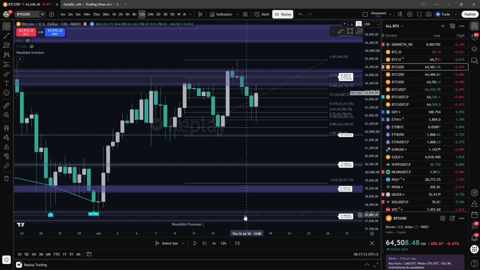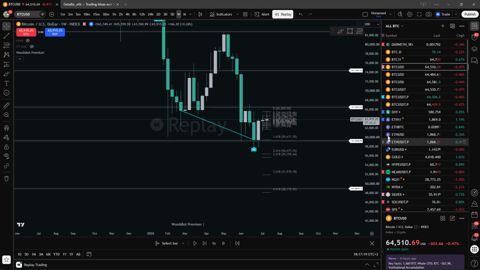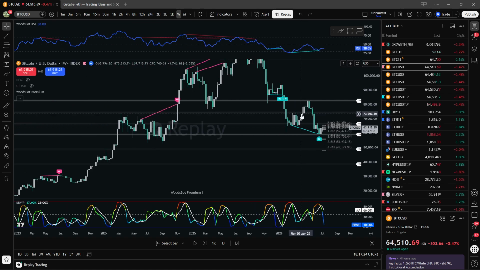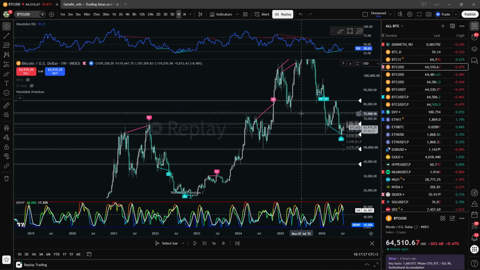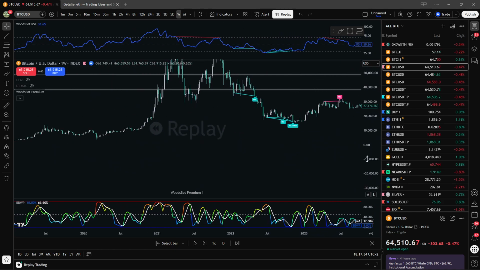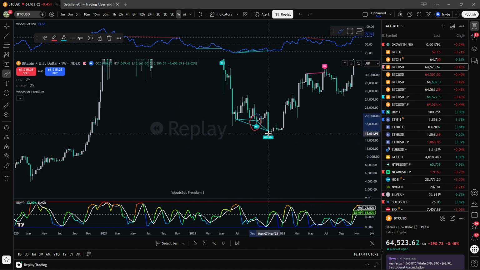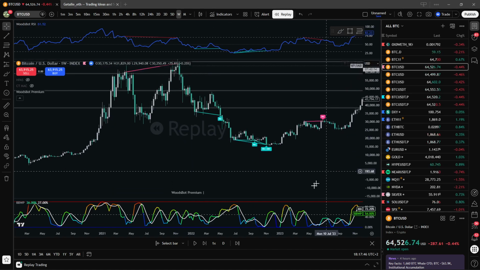Weekly RSI gives a hint that we are bottoming right now. I don't think it's the exact bottom, simply because we rarely bottom based on just one RSI bullish divergence. When you looked at this area right here, you had multiple bullish divergences, right? You had one bullish divergence here and then another there. And every time we topped out on Bitcoin, we also had